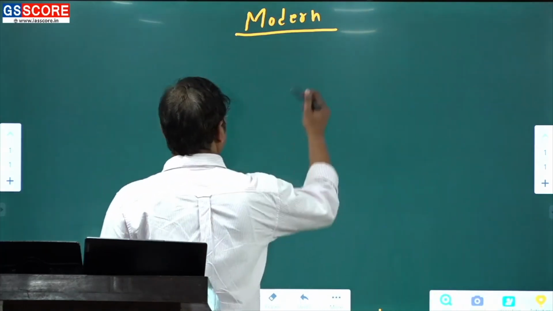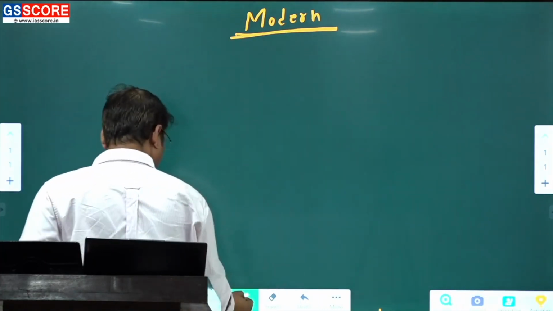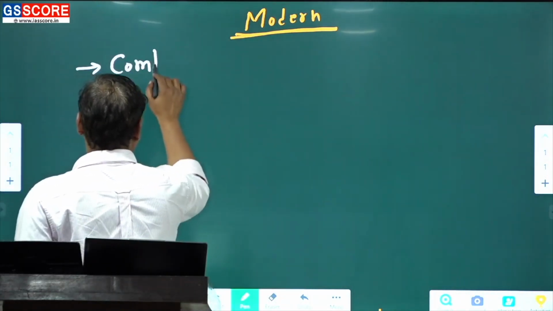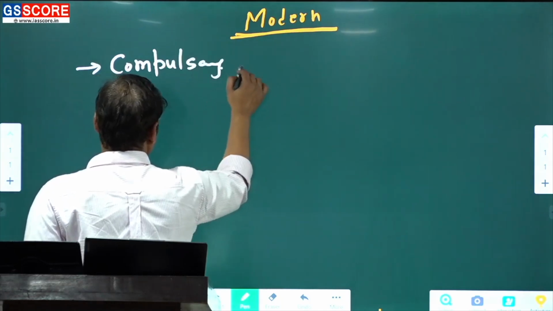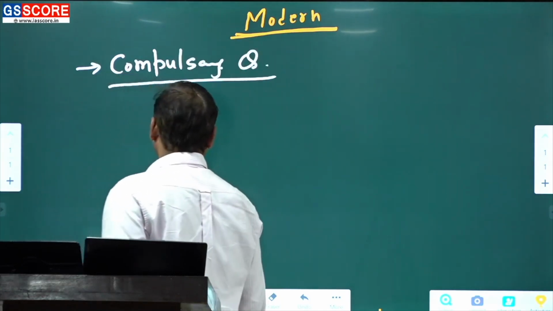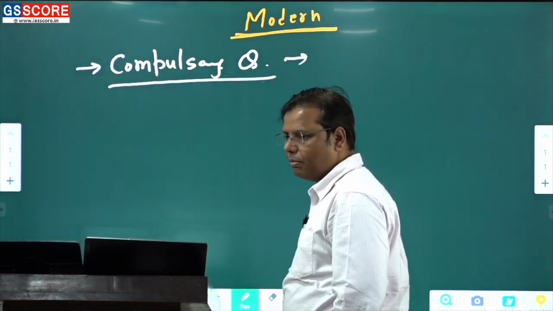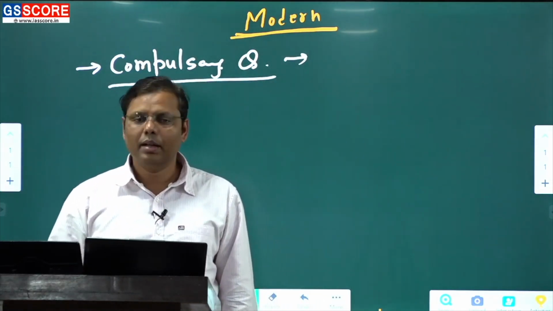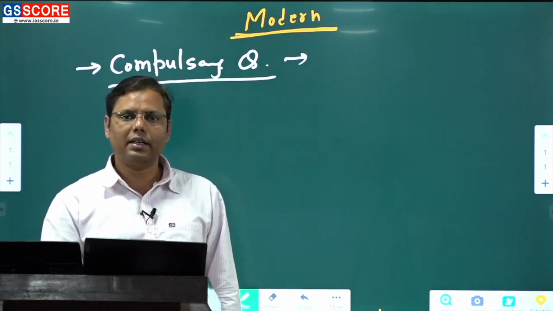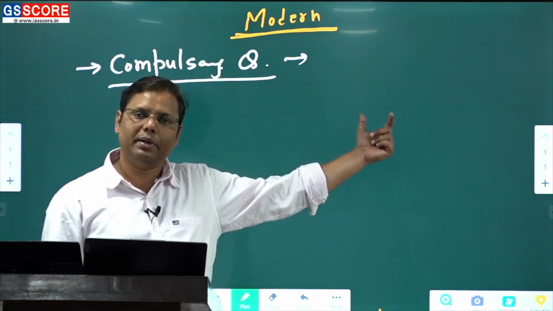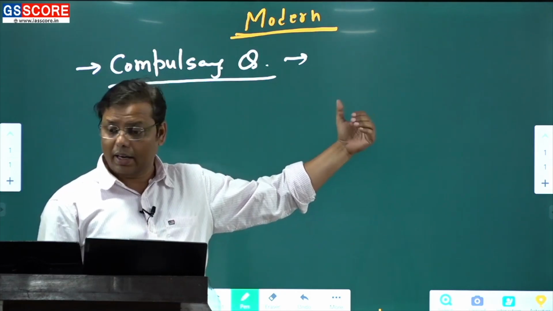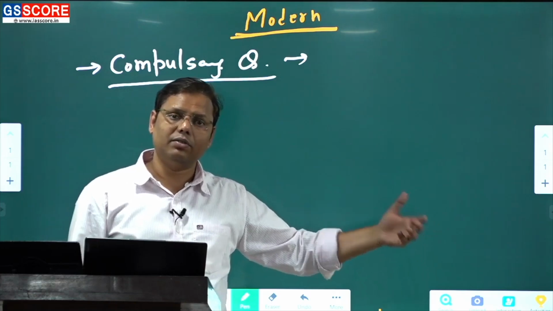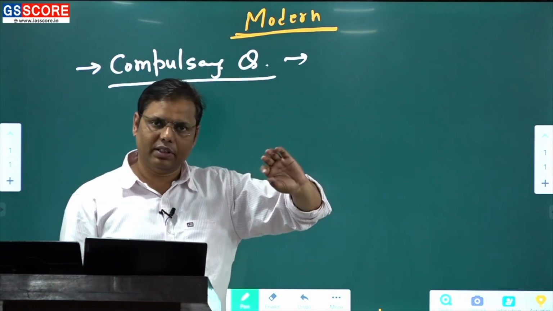There is a very simple problem: when you talk about modern India, there are certain compulsory questions. Let me tell you first the significance of compulsory questions. I should have ideally discussed the compulsory questions in medieval only, but somehow I skipped this part. Let us understand this here, because in paper one, the map is a very important area. It is a compulsory part. And since I told you that the map will be covered in the last session after world history, I'll discuss the strategy for the map and everything there.